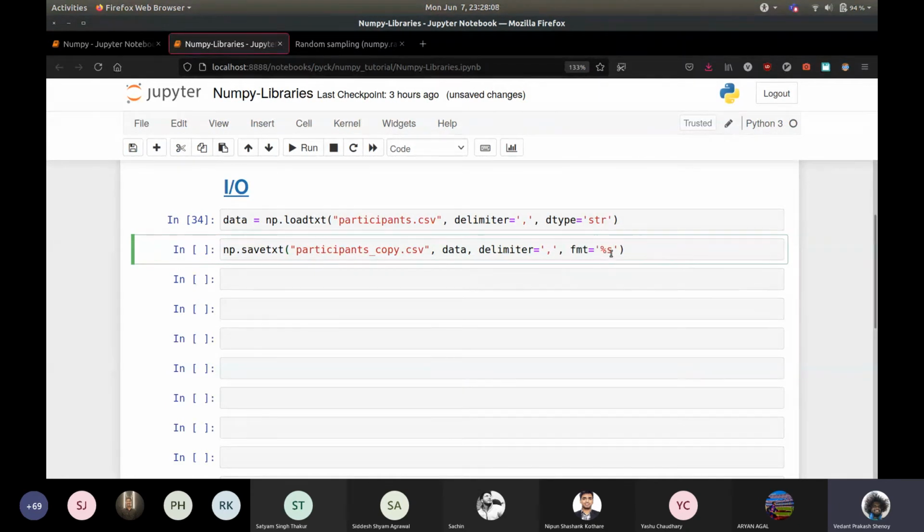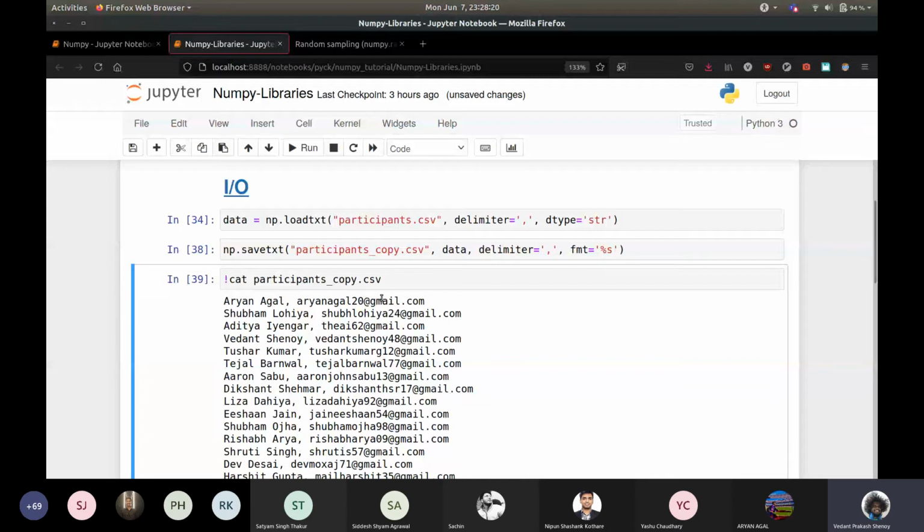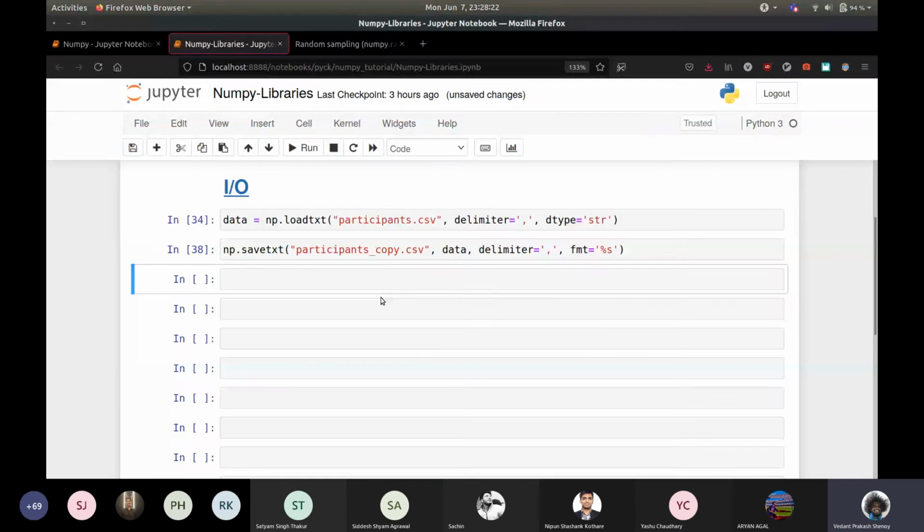This basically tells it that you want to store it as a string, and yeah, this is basically it. So it'll save this as well, right? So input output becomes much easier.